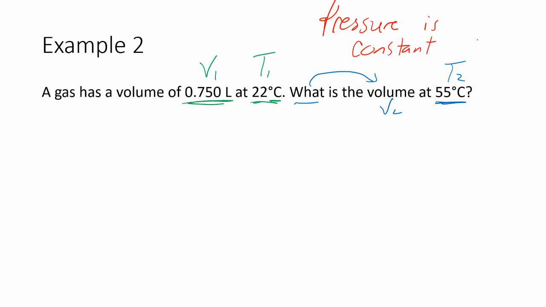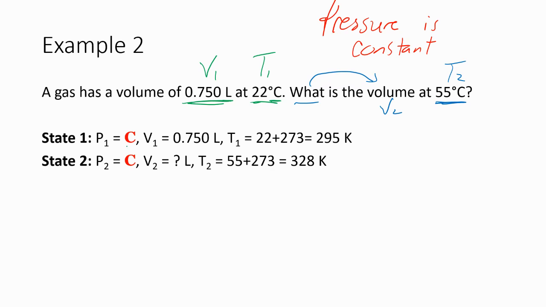And since pressure is constant, we can eliminate it from our equation. So here's how things line up. Our P1 is a constant. Our V1 in the first case is the 0.750 liters. Our V2 is what we're looking for. Our T1, we have to add 273 to 22 degrees Celsius. And our T2, we have to add 273 to 55 degrees Celsius. So what we're going to do then is,